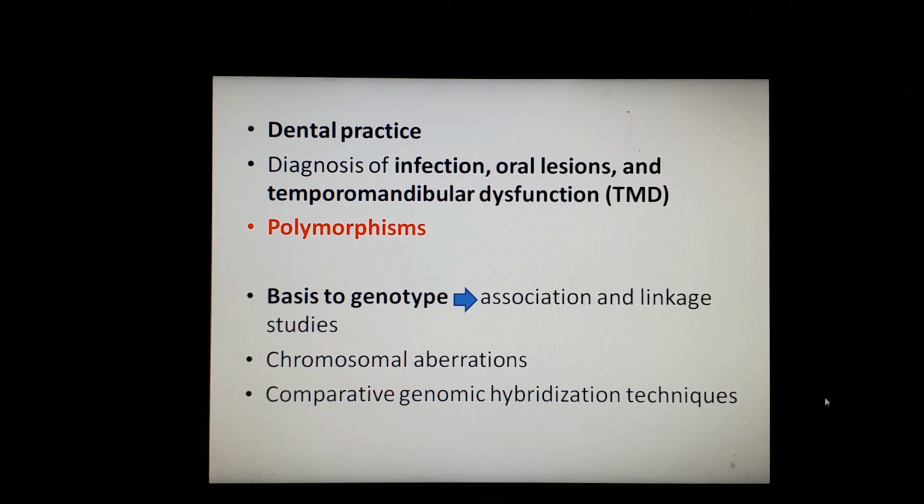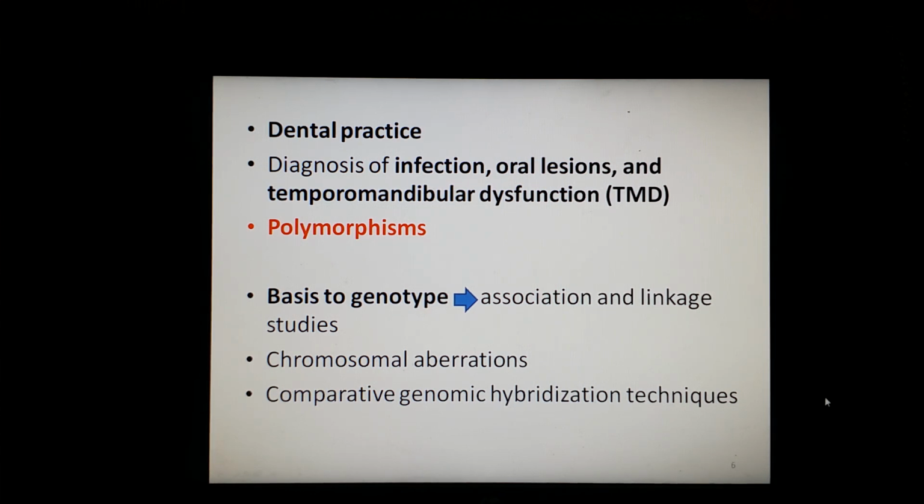The second thing is polymorphism. The small variation in DNA sequence basically leads to different characteristics such as skin color, facial features, or height, and this is known as polymorphism. And this polymorphism can also cause or contribute to the development of many syndromes and diseases. So these genetic variations can be easily identified by the microarray technique. So these were the two applications of microarray analysis.